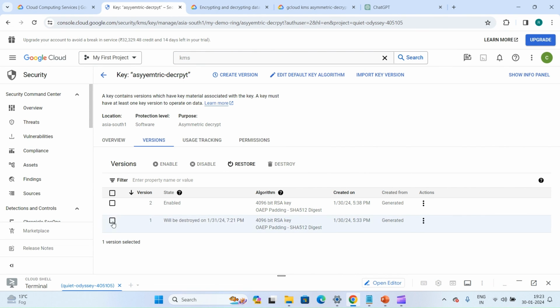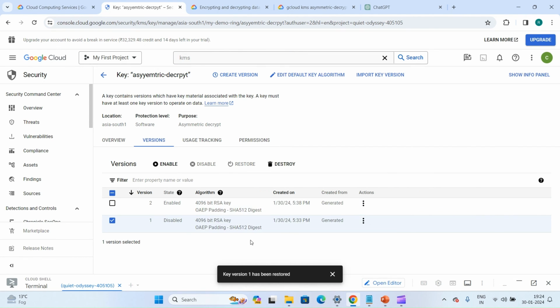So make sure what you are doing and make sure of the version you are using, like which SHA version, and if you are using SHA 1, use the correct command, otherwise your data will not decrypt, because you encrypted with a different algorithm, so you will get so many issues. So let's click on restore. So now this key has been restored.